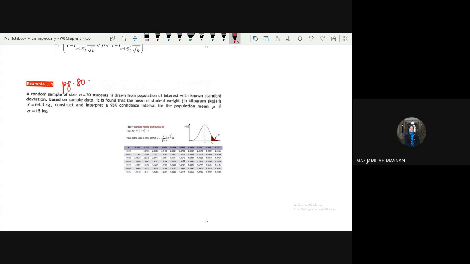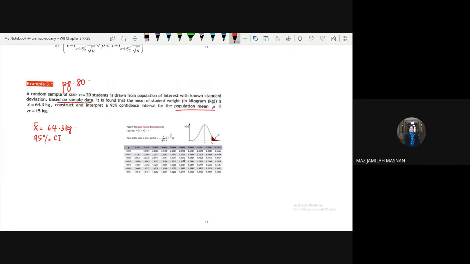Based on sample data, it is found that the mean student weight, x bar, is equal to 64.3 kg. Construct a 95% confidence interval for the population mean if sigma